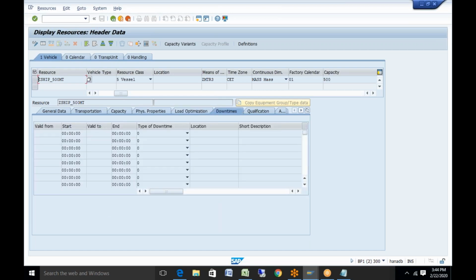This is the downtime. Downtime tab means what? Downtime tab means basically you need to specify for which period on a daily basis your resource is down. Maybe it's a planned downtime, or the resource is not active for that particular time frame. So for example, between 12 to 1 o'clock, your resource is not active. So here you write validity period from this to this, and from 12 to 1, planned downtime.